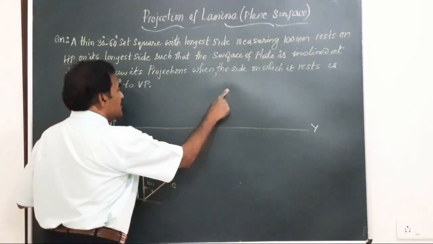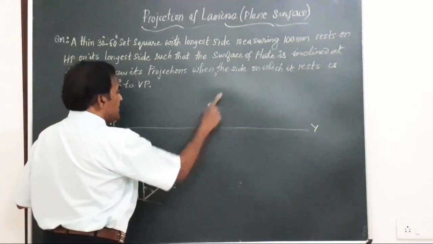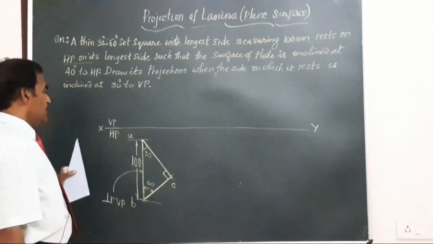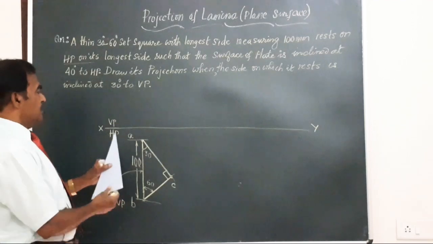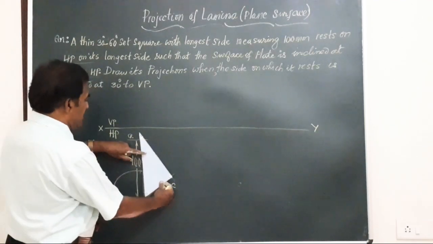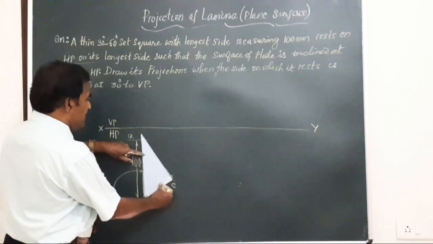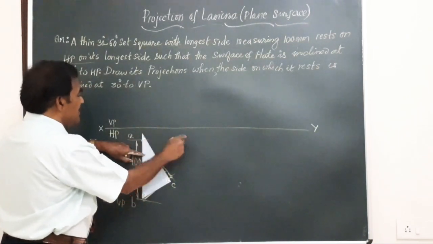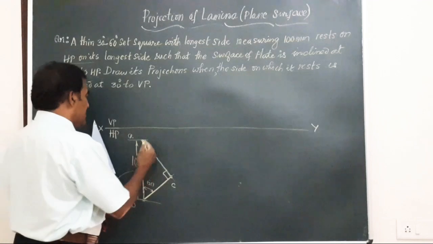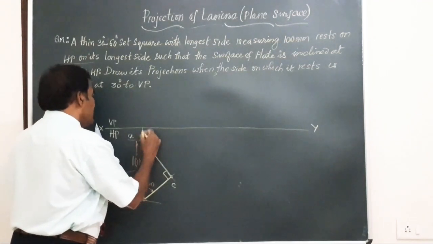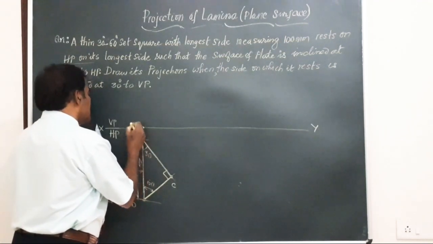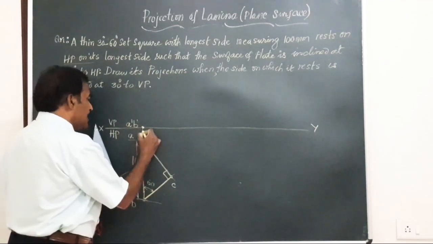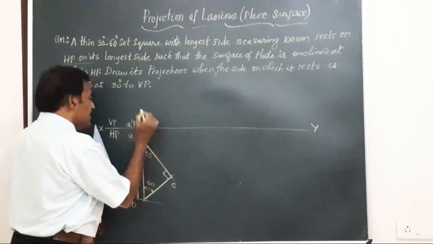If it is like this, it is perpendicular to HP. If you have a line like this, it is inclined to HP. A line like this is inclined to VP, and so on and so forth. Friends, now assume this is pasted on the wall or the VP. In the top view, you get ABC, a line on XY as a top view. So I project a line from here. This point will give us A dash, B dash, because both are on the same line, and this is obviously perpendicular here.